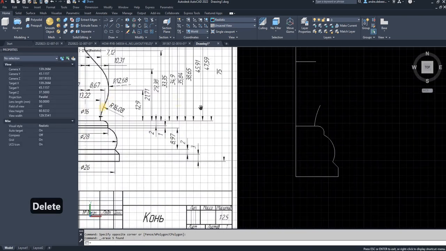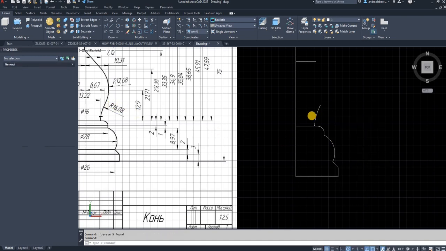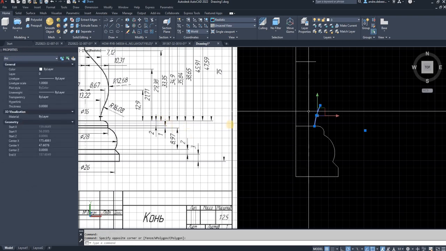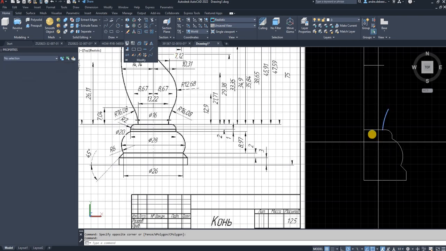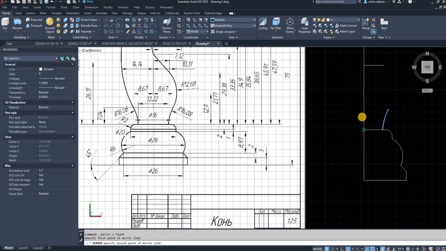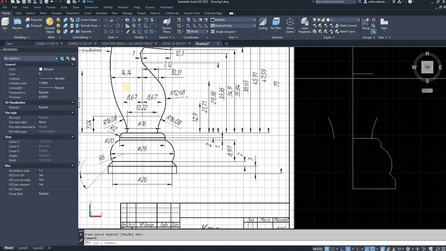So you're left with this arch of 16.08 in radius. I can mirror this because it shows that the other side has the same arch at the bottom. So I can go into modify mirror, use my center line, and there you have that arch on that side as well. So the next circle we're going to draw is going to be the one going outwards